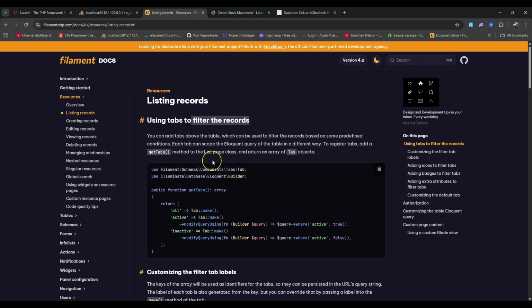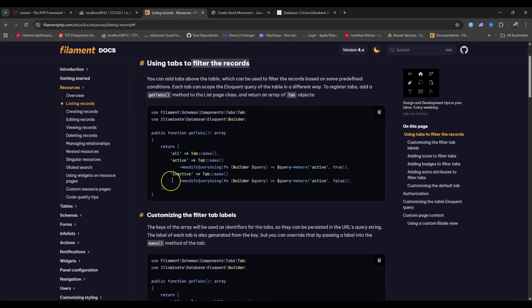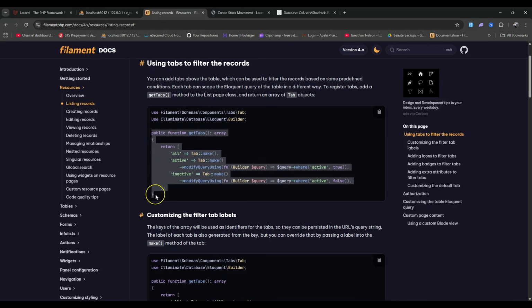So for now, let's visit this page, and here you can see we have a way to define the tabs, and these tabs, as I've mentioned, will be used to filter the records based on predefined conditions. So each tab can scope the Eloquent query for the table in a different way. To register those tabs, we are going to use this method called getTabs. So let me just copy it,